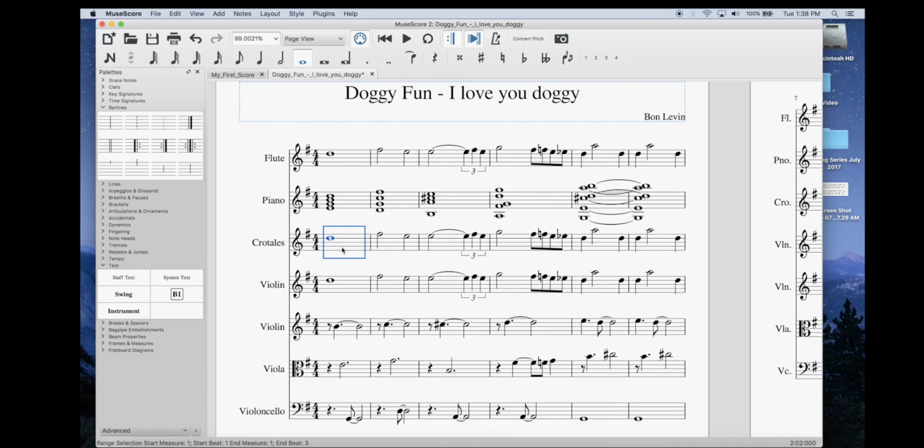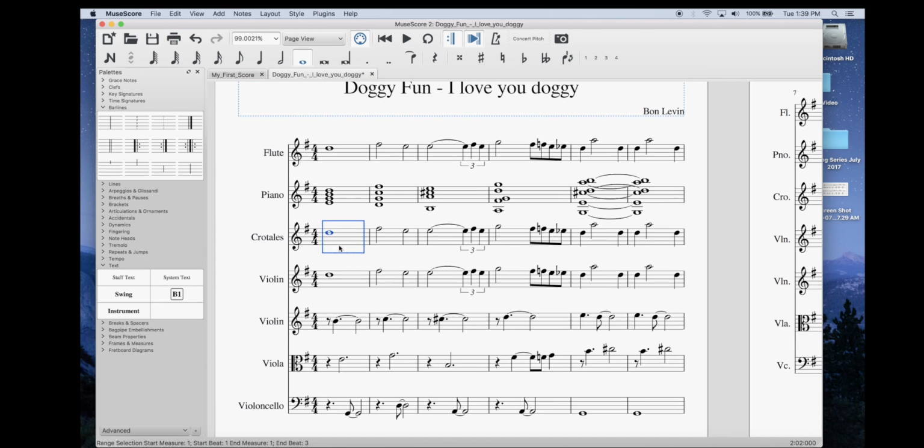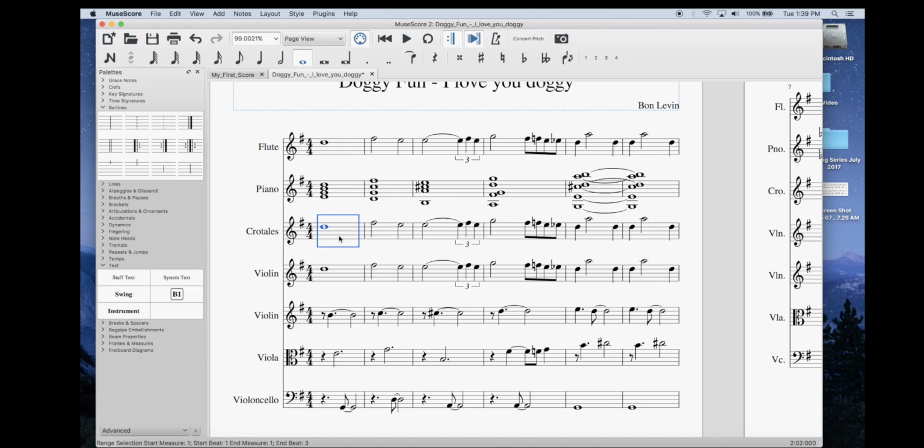And I'm going to reserve the right to make this not actually crotales when I record this piece, because there are a lot of different bell sounds, maybe even electronic sounds that would be good. So please don't get too married to the crotales. That really might change to another instrument. But yeah, so